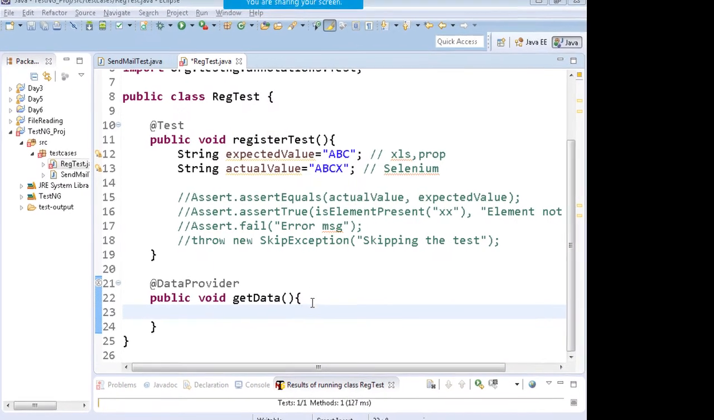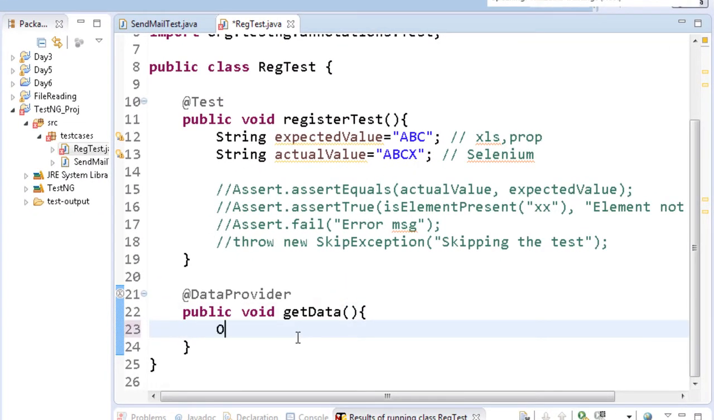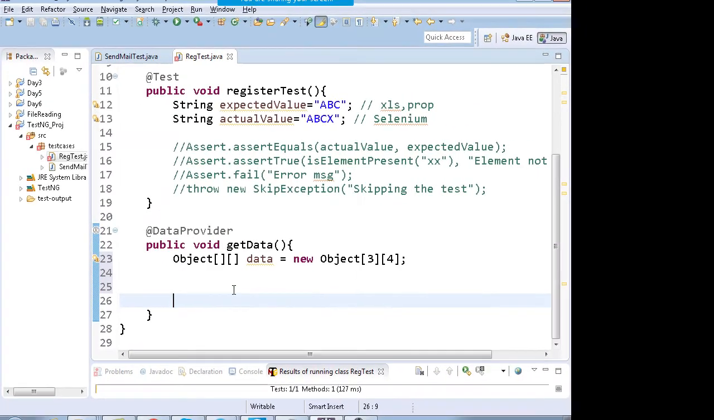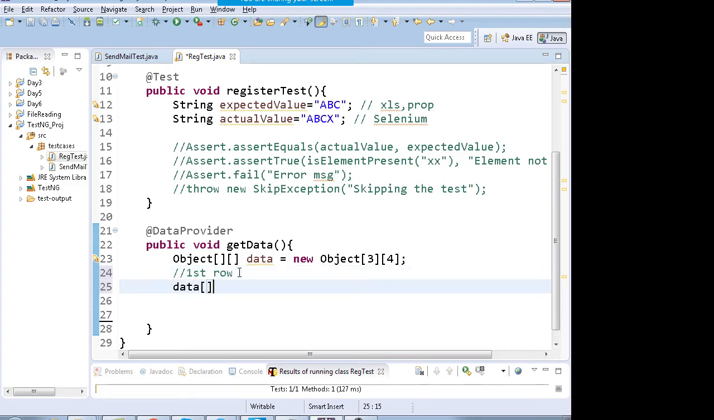Okay, so in the getData function, we make a two-dimensional object array. We specify the number of rows and number of columns. That means 3 rows means that first parameter is rows. 3 rows means that you have to run this 3 times, and 4 columns means that every time you will have 4 sets of data. So if I fill up my first row, okay, I will have to write over here data 0,